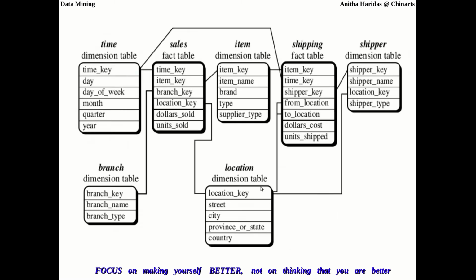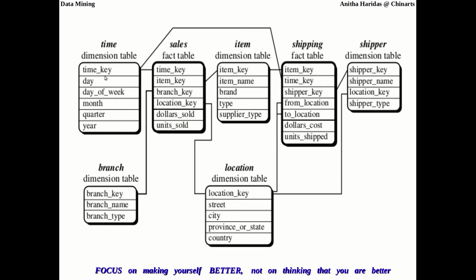Now let us see another example here. I have sales as one fact table and shipping, which is something similar to delivery, as another fact table. So here also I need to store the item information, and here also I need to store the item information. The same way, here also I need to store the time information, and here also I need to store the time information.